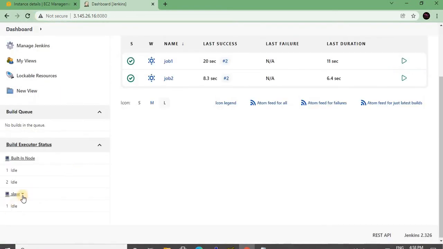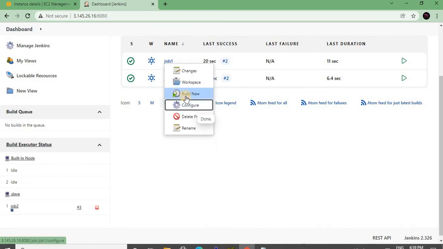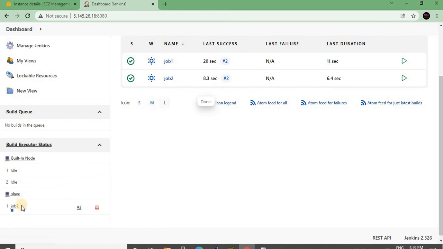Now you can say the execution on slave has been successful. Now job 2 is executing on the slave machine and job 1 on master. In the first case I just ran these two parallelly, so the slave was good enough to handle both, and those two jobs were executed on slave.